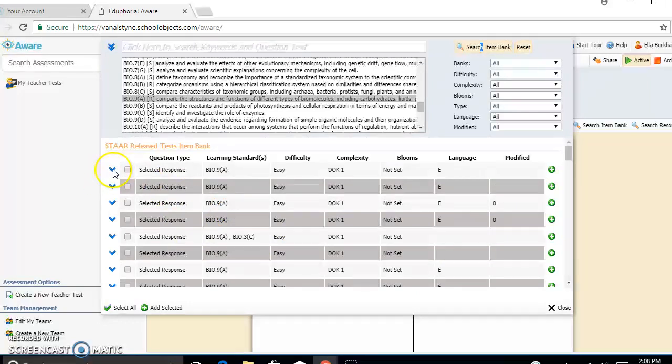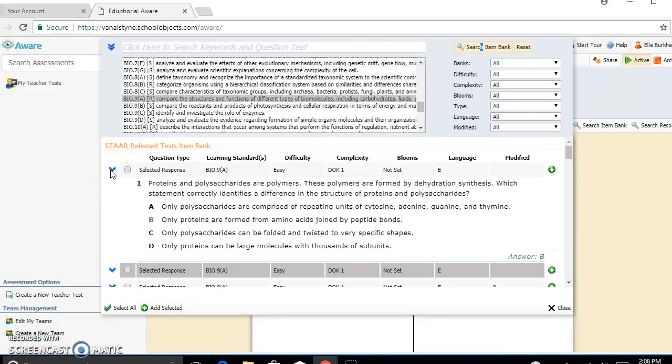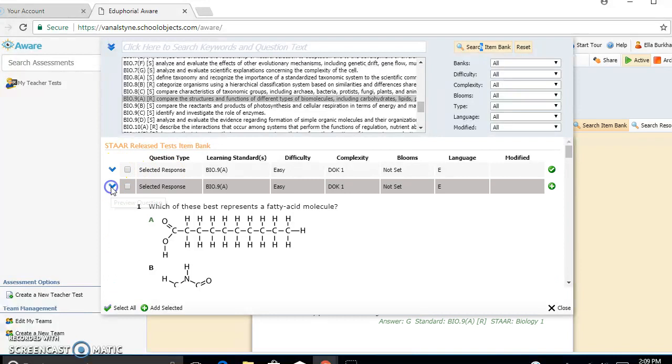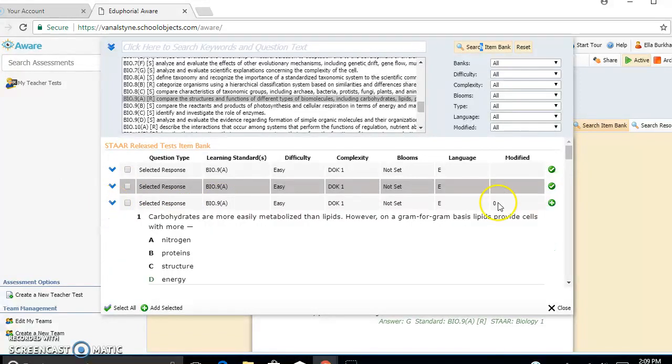So you can view the questions. Just click this blue arrow. You can, of course, view it. You can see what the answer is. It's highlighted in green. If you want to add it, you click this green plus sign right here. Okay. Let's do a few more just to get a few questions on this example test. Okay,